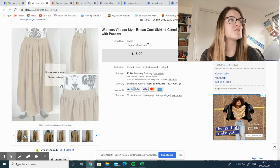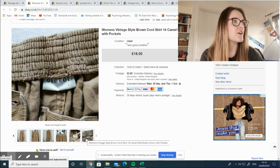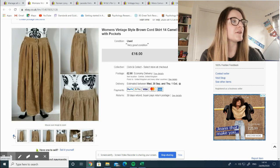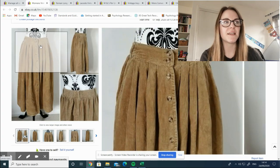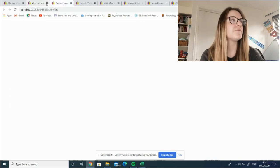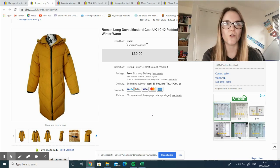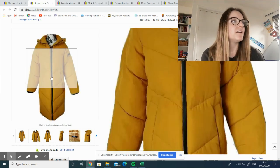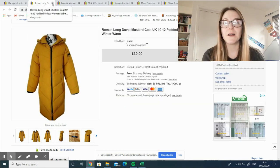This was a good one. It was only, I think it was Sainsbury's? Oh, George. It was only a George skirt, but it looks really nice. I really like the style and stuff. I was tempted to keep it because I do like these big long ones in autumn, but that went really quickly. This coat I've had for ages, but obviously it's a very autumn winter coat anyway. So I'm glad to see the back of that because that has been hung on the back of my door